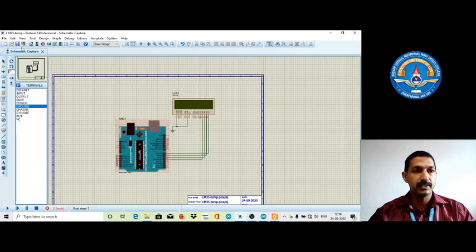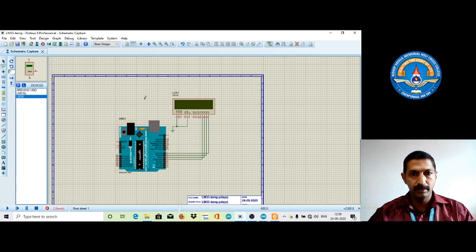Then we can save the file. We need to add the LM35, and I'm placing this particular thing here because we need to change the values. It should be connected with power, which we can get from here.